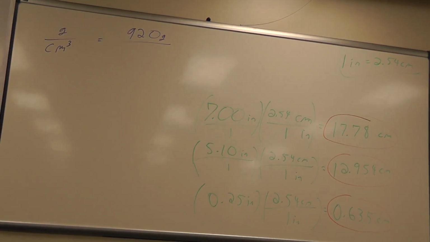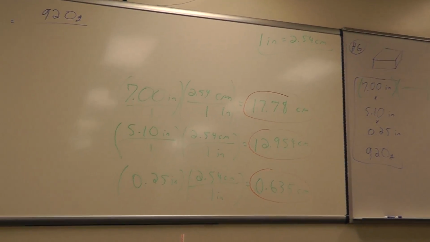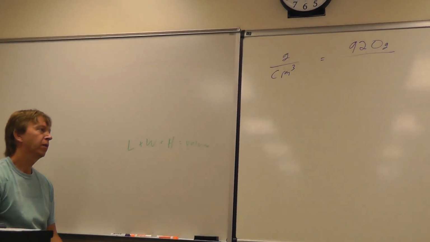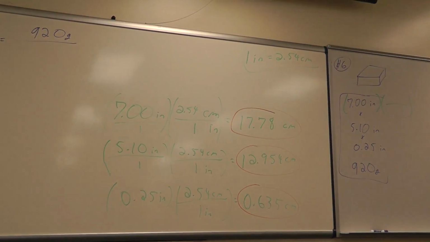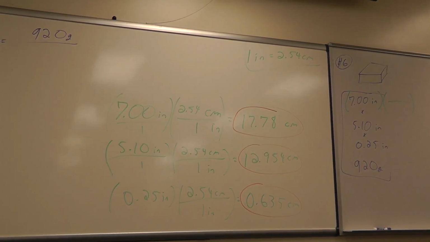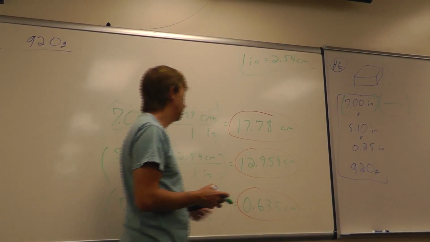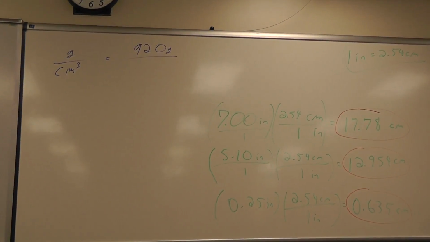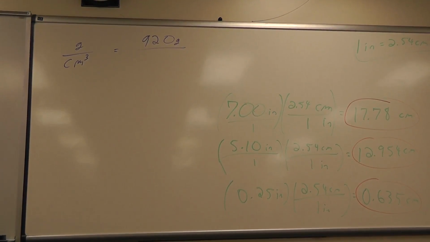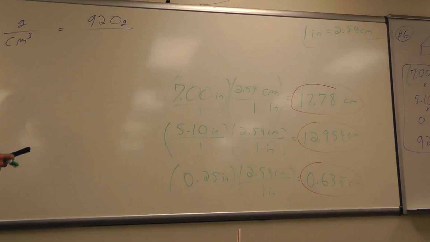That's what we've got. Now for something that's rather rectangularly shaped, length times width times height or thickness, that's a volume. So what we need to do for that rectangular type object is multiply length times width times thickness. That's going to give us a value that we can use for volume. Unit-wise, centimeters times centimeters times centimeters is how you get centimeters cubed. The unit thing still follows. So 17.78 times 12.954 times 0.635